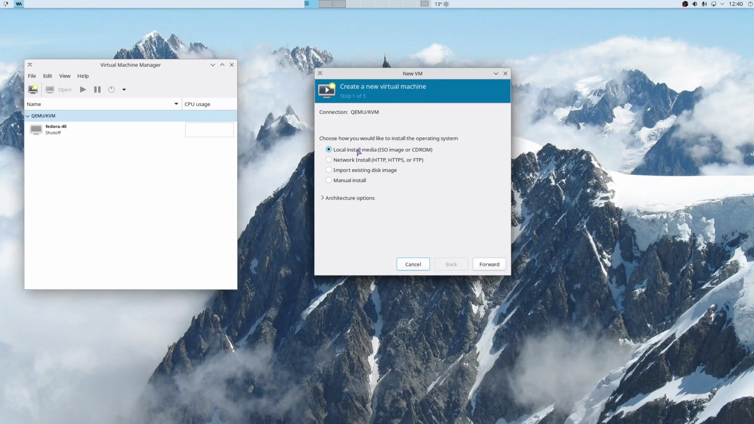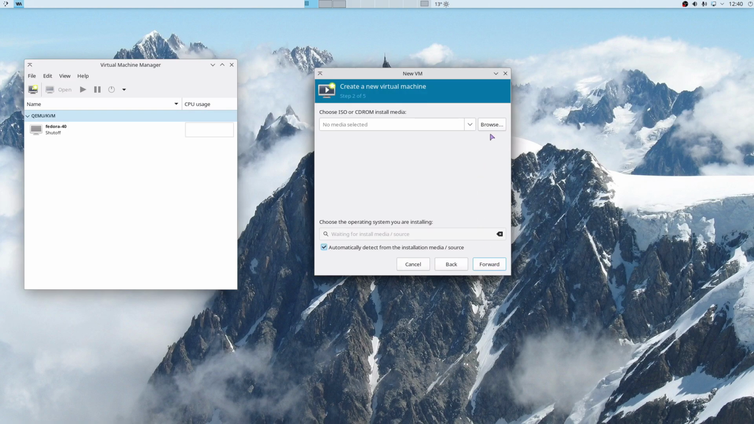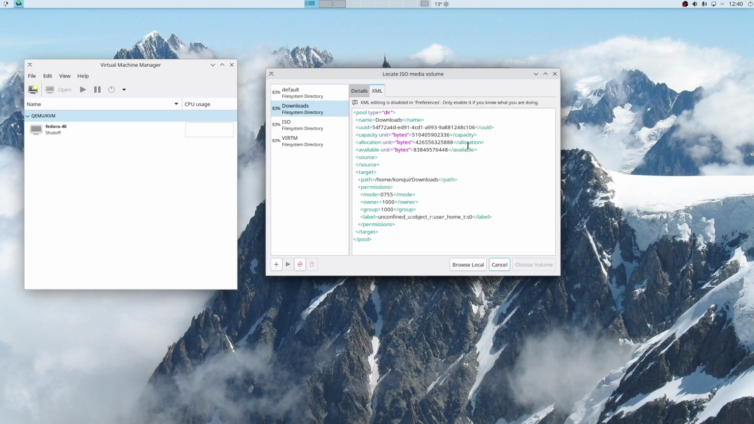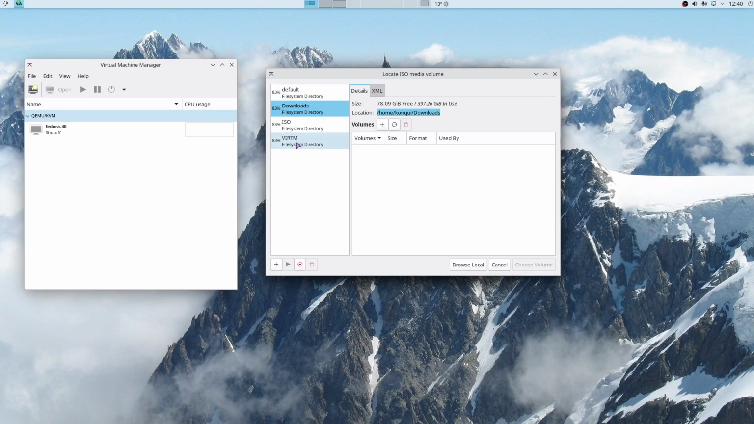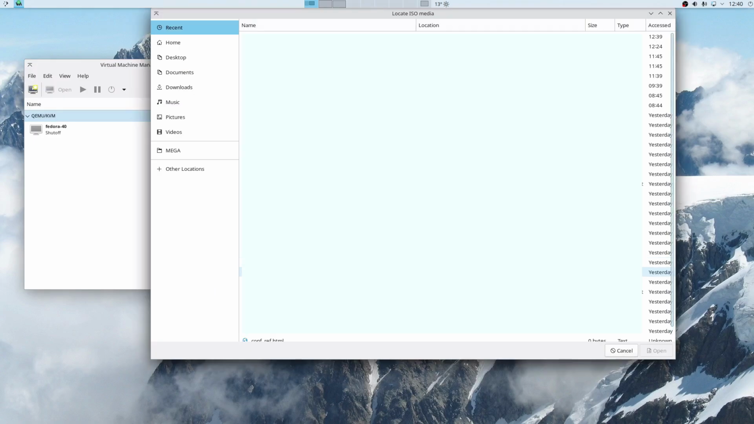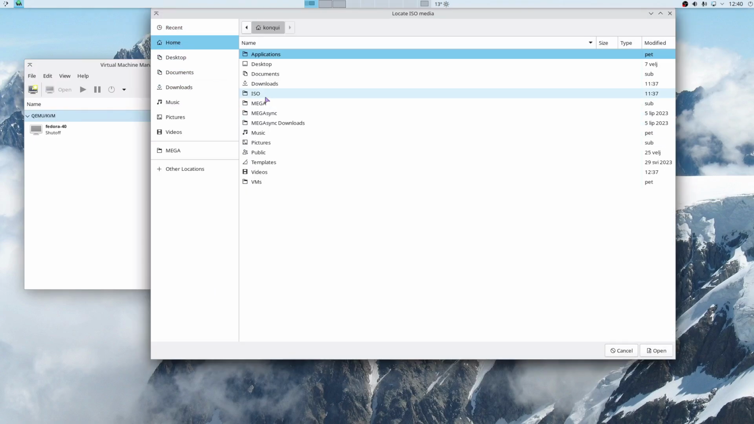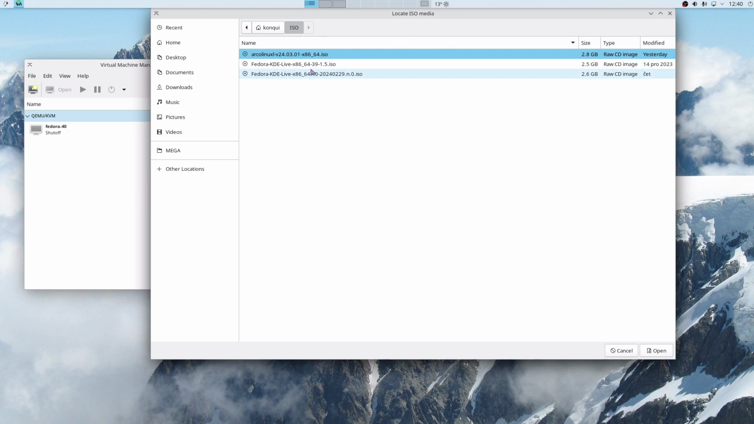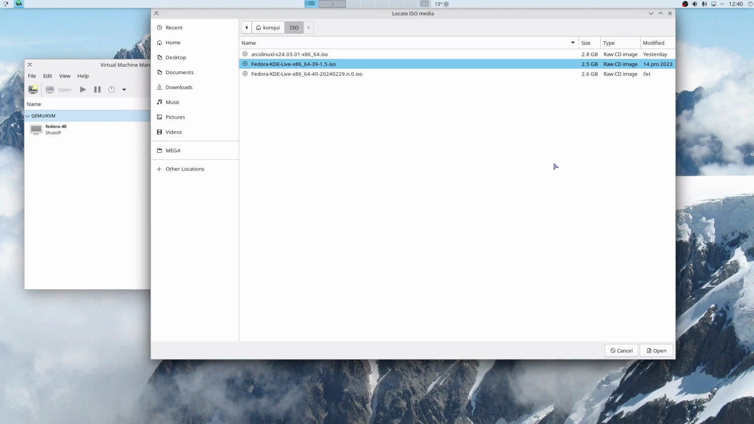Now it will ask you for your ISO image. Just forward, browse, and here are all those folders that you created before. So you can just click them. If you don't want to create folders, just go to browse local, and wherever your ISO image is located, you just pick it up,